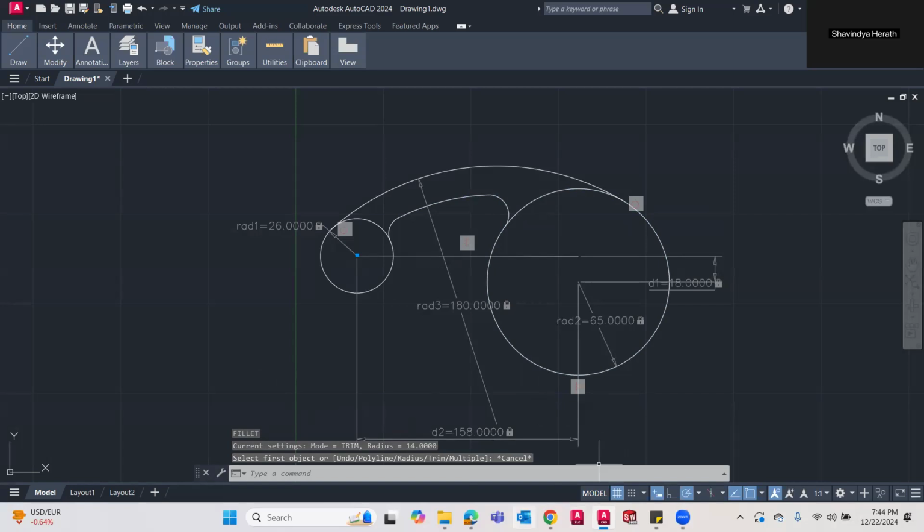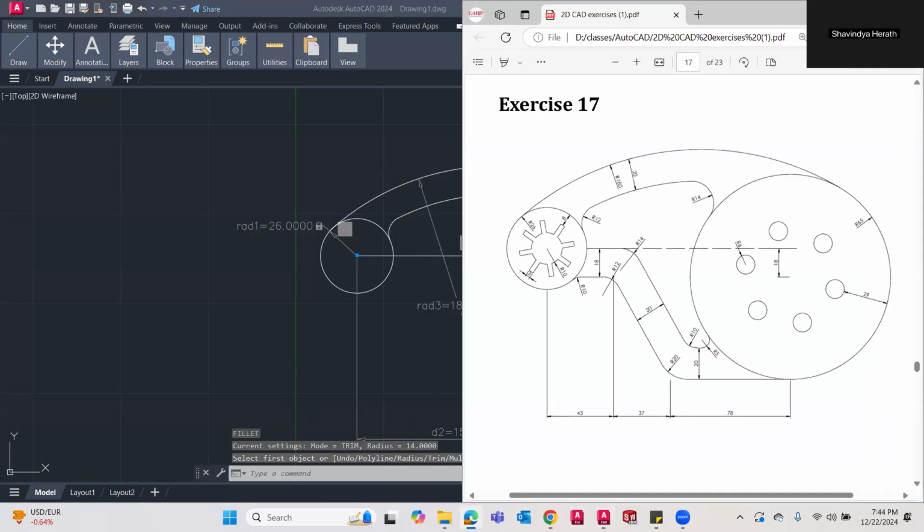Now the other part. I think this part has the same scenario, right? But these two lines are parallel, though not with the same gap. This gap is 18, this gap is 20, and this gap is 20. So where am I going to start this? I have no idea where I need to start, but let's see. From here I can start.